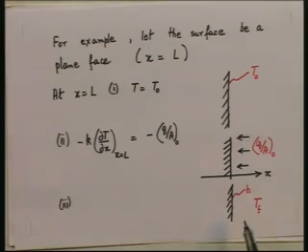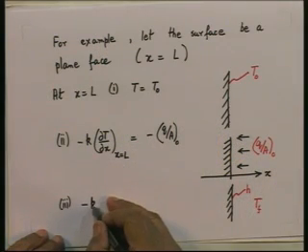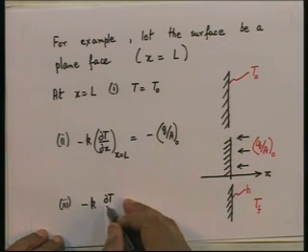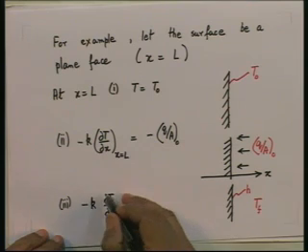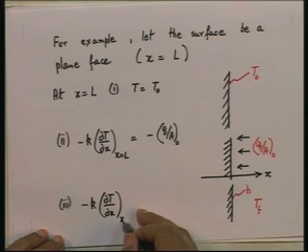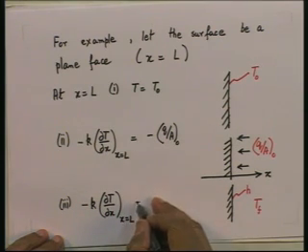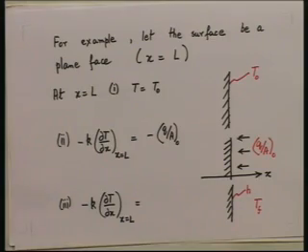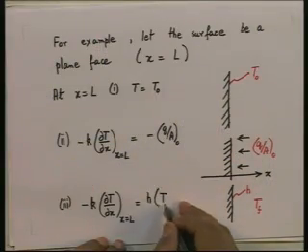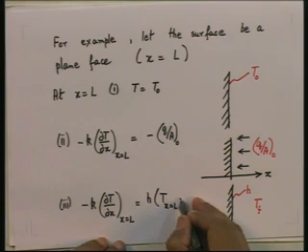I have done this earlier when I defined Newton's law of cooling, you will recall. So, the third type of boundary condition would be minus k dT/dx at x equal to L. This is from Fourier's law of heat conduction, and this heat conducted must be equal to h times T at x equal to L